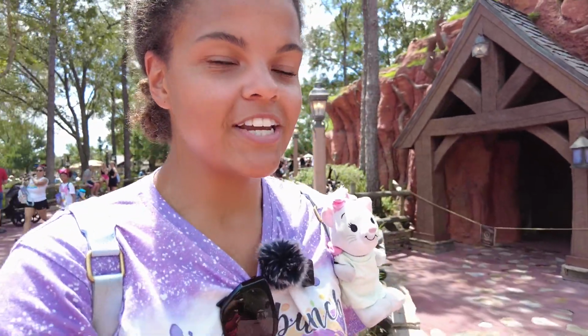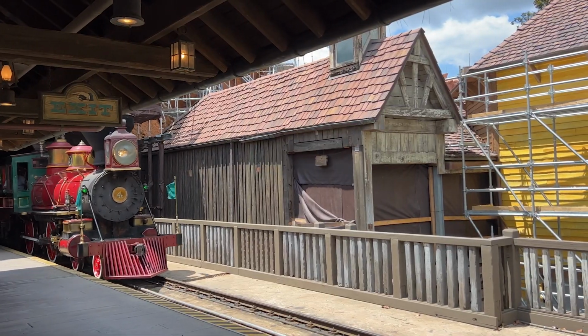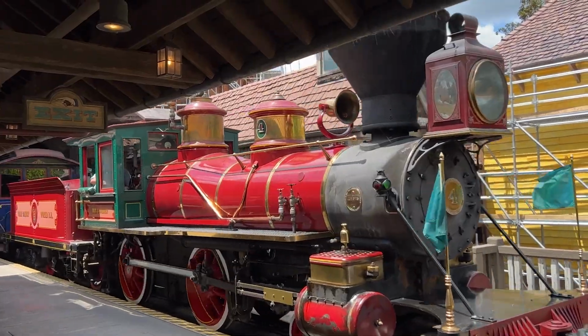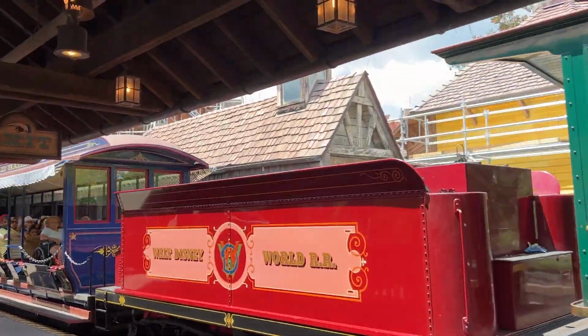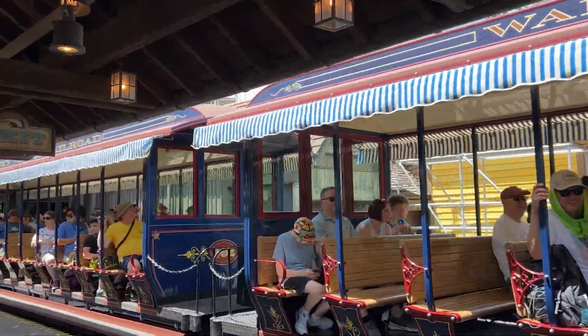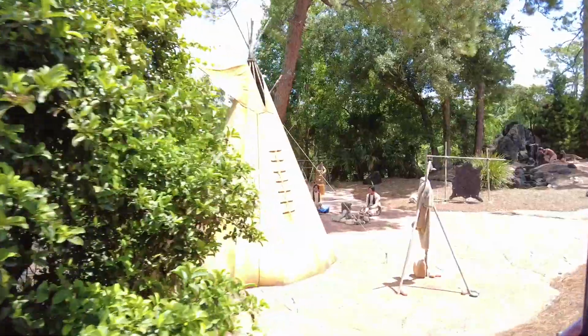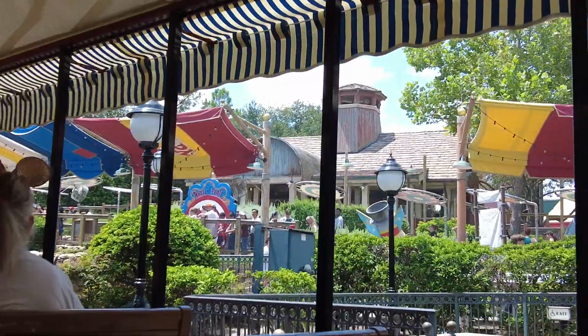Now, we're over here in Frontierland and we're gonna hop on the train. I love the Walt Disney World train station. Everybody's kind of theory is that Walt Disney himself loved trains so much as a kid that he created just to have a ginormous train. Just a ginormous train to play on, and I love that theory and I'm running with it,